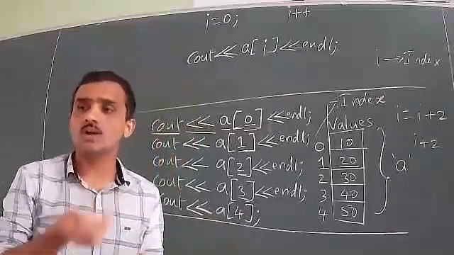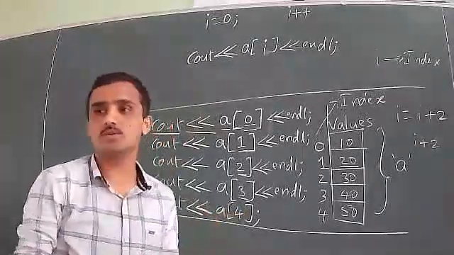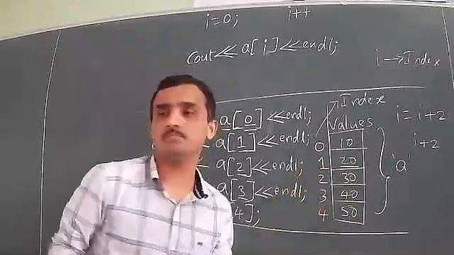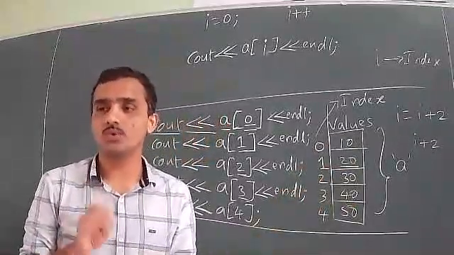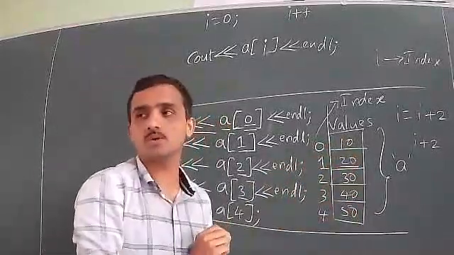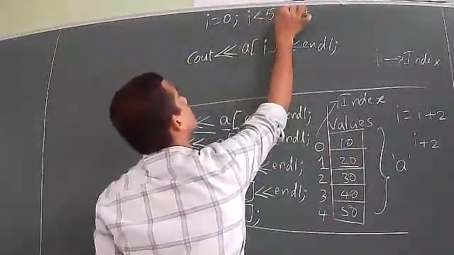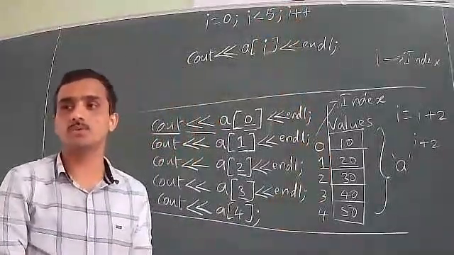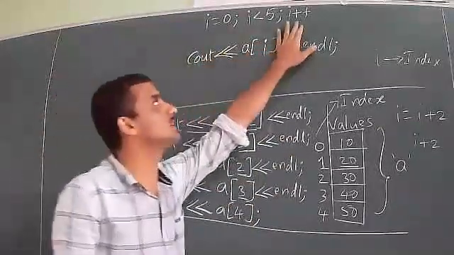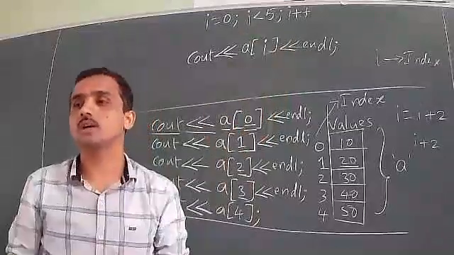Now, till what value it is increasing, that we should know. From 0 it is increasing till 4. But how many elements do we have here? The last element position is 4, but how many elements do we have? We have 5 elements: 1, 2, 3, 4, 5. So how to write the condition: I less than 5. Don't write 4, write 5. 5 indicates the number of elements. 0 indicates the starting position. I plus plus indicates increase by 1 each time. Got it? Any doubts? If you have any doubts, you can ask in the chat.